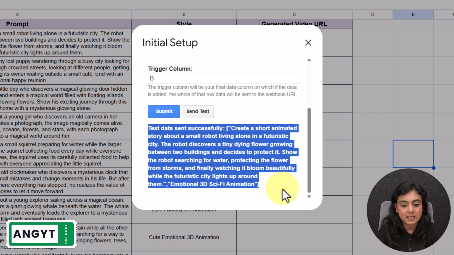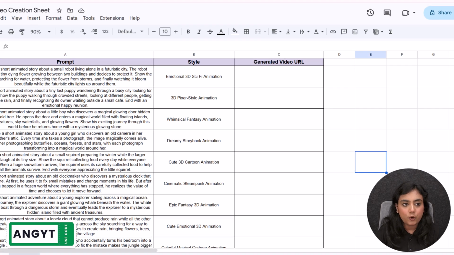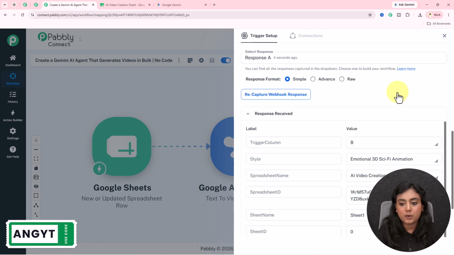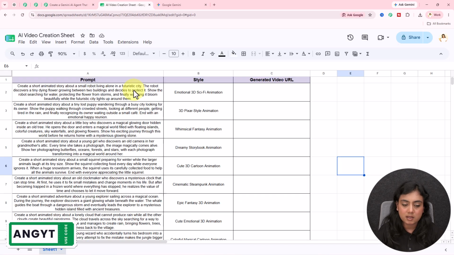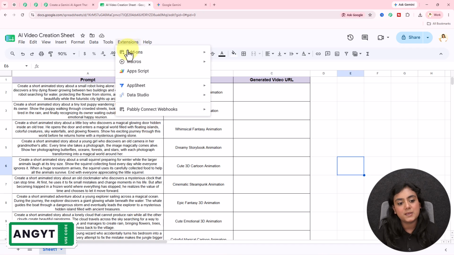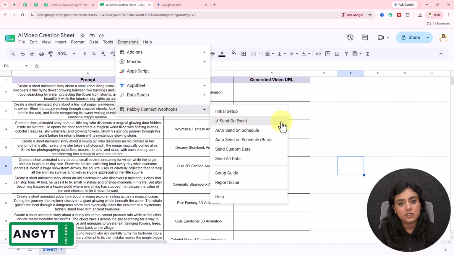It says test data sent. Now we have forwarded test data. You will see the response has also been captured. We'll tally the response later because one final step is left, that is click on the send on event option,